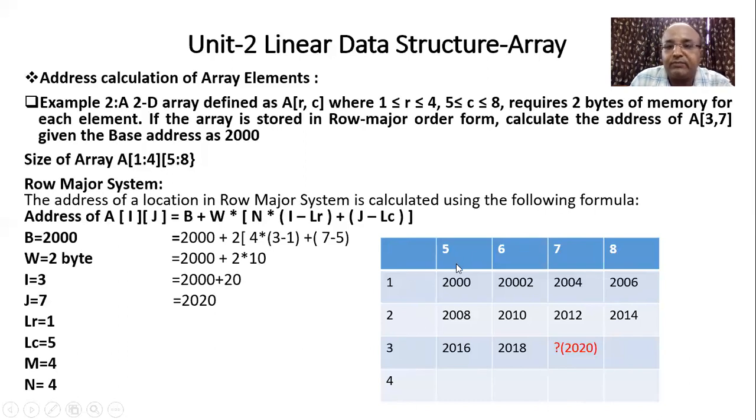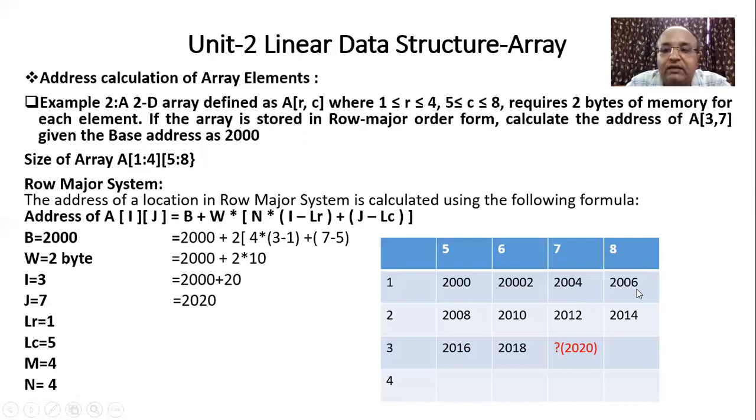Now if you see this figure graphically, if you observe this table, we have mentioned the row index, we have mentioned the column index. The base address that is given to you, base address is what? 2000. So in this case, your first element will be stored at this location. That will be what? 15. So whatever element you store at the 15 location will have an address of 2000. Now in this case, we are going to arrange in a row wise manner, and each element will occupy how much memory? 2 bytes. So the next element will have an address what? 2002. By mistake, I have written 30, but here we'll have 2002. Then the next element will have 2004. Then the next element will have 2006.